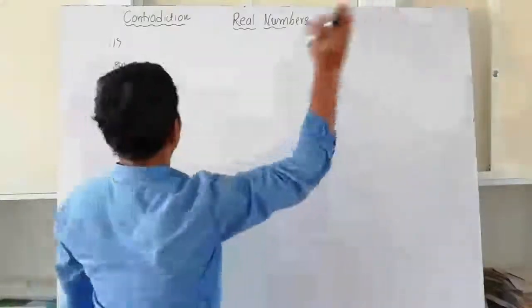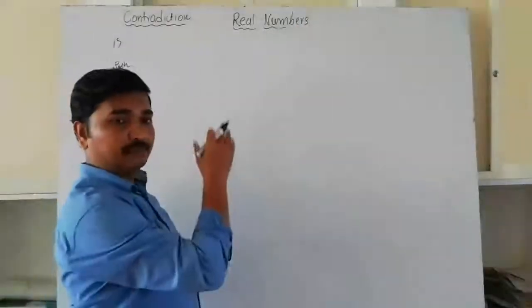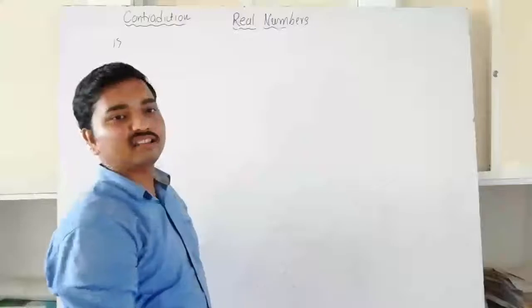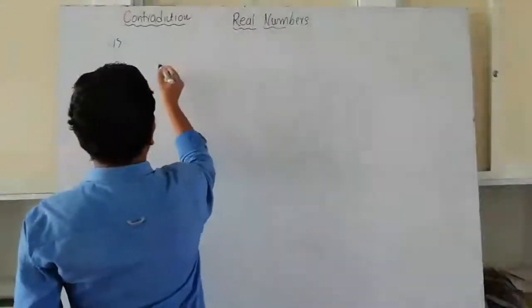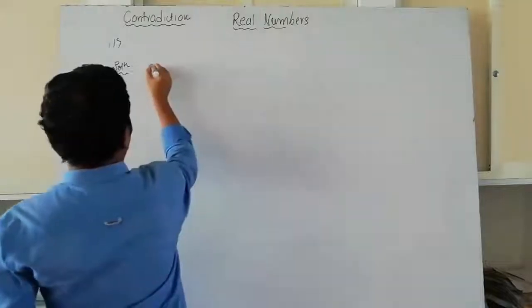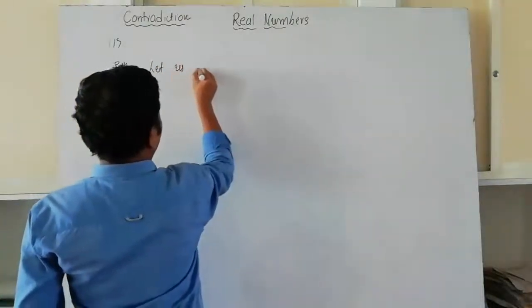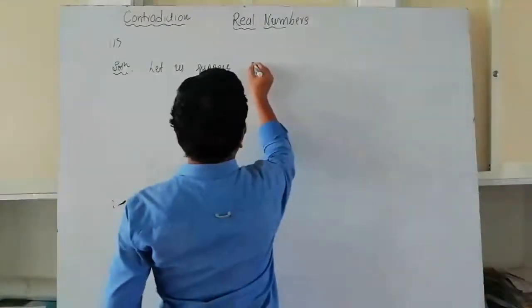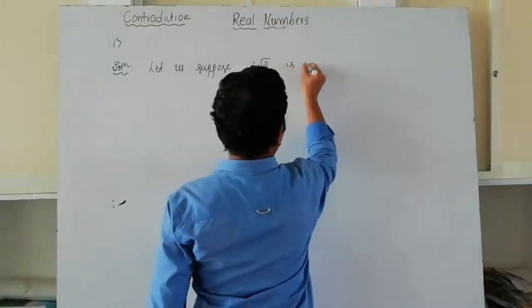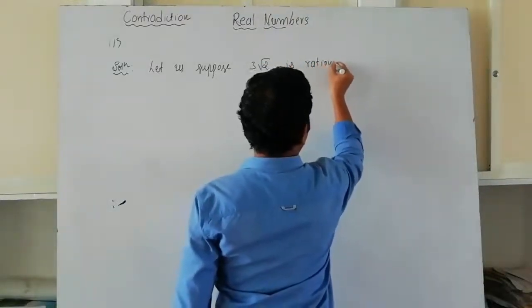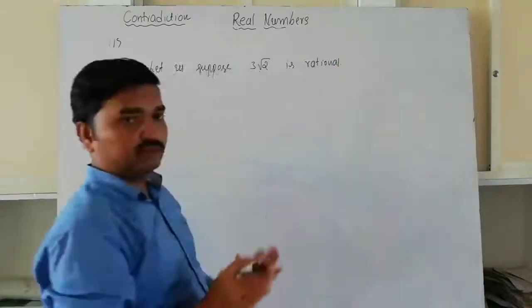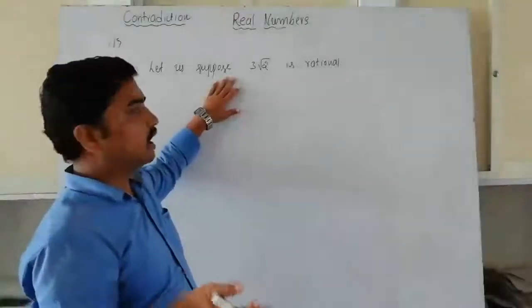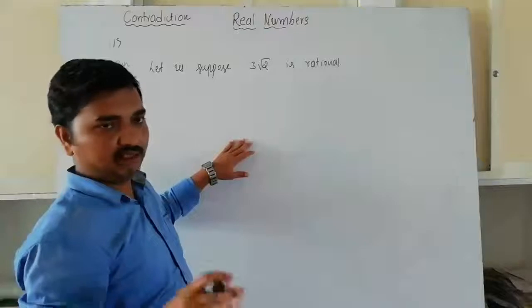So now I am going to prove that one. It's very simple. In the previous problem you shifted the terms, but here multiplication is present, so it will get cross multiplied. Now look here. If you want to write the solution, let us suppose 3 root 2 is rational. You need to write this sentence initially. If you don't write this, you will definitely lose the mark, because you have not assumed. You are going to prove that one, otherwise it is meaningless.